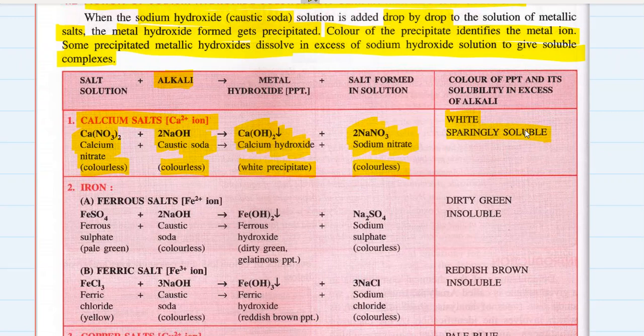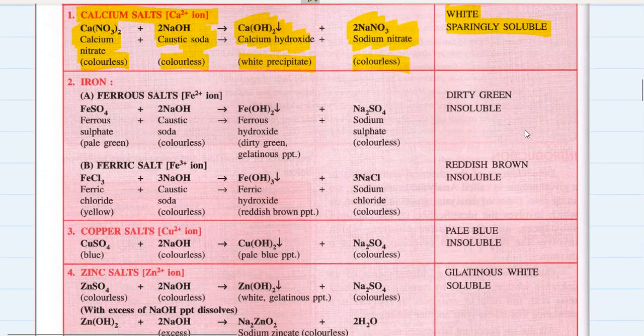This whole observation has to be remembered with the balanced chemical equation, and this observation tells us that the given sample has got calcium salt, calcium ion, Ca2+ ion. How can we say that? Because initially the given sample was colorless, then it formed a white precipitate on adding our alkali dropwise, and then on adding our alkali in excess, the white precipitate was sparingly soluble. That means the unknown ion in our given solution is calcium ion.